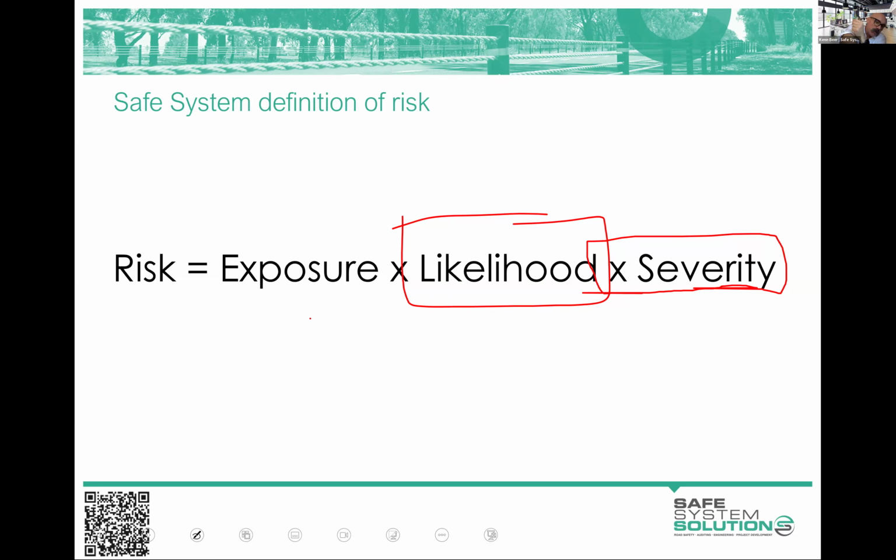Exposure was the one that tripped people up a little bit. It's because, as I mentioned, it's been used as a word for different things. But I just want you to think numbers. Just think numbers. Number of cars, number of pedestrians, number of motorcyclists: exposure. I wish that in the Safe System Assessment Framework Austroads had just called it the number. Number of pedestrians, number of cyclists, number of motorcyclists, number of cars, or number of vehicles. Then the likelihood of crash for any individual, and then how bad it's going to be. But it was called exposure.